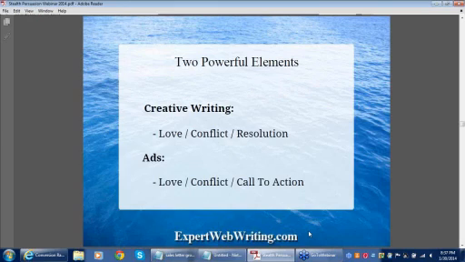But we've all been to creative writing classes, and there's 3 parts to a basic story, which is called love, conflict, and resolution. It's kind of like a roller coaster. It starts out, and then it raises to a conflict, and then it ends. So it's 3 parts to creative writing. Here's a typical story using this formula here.